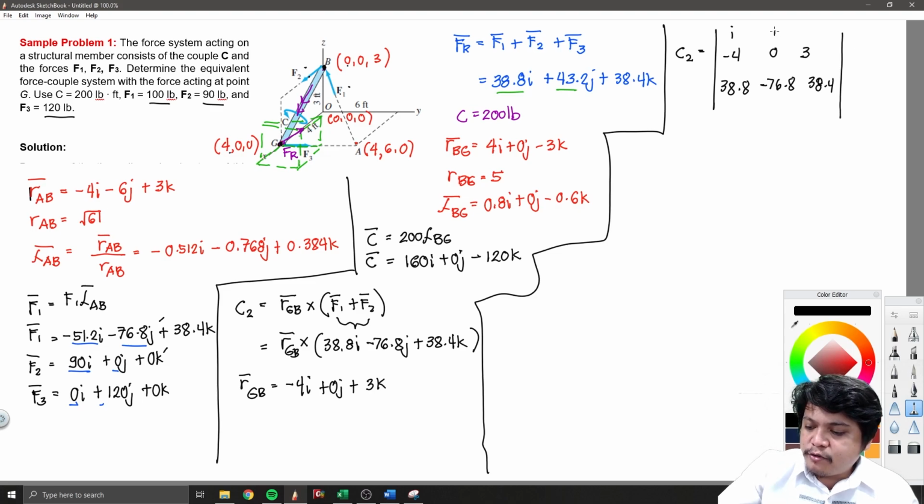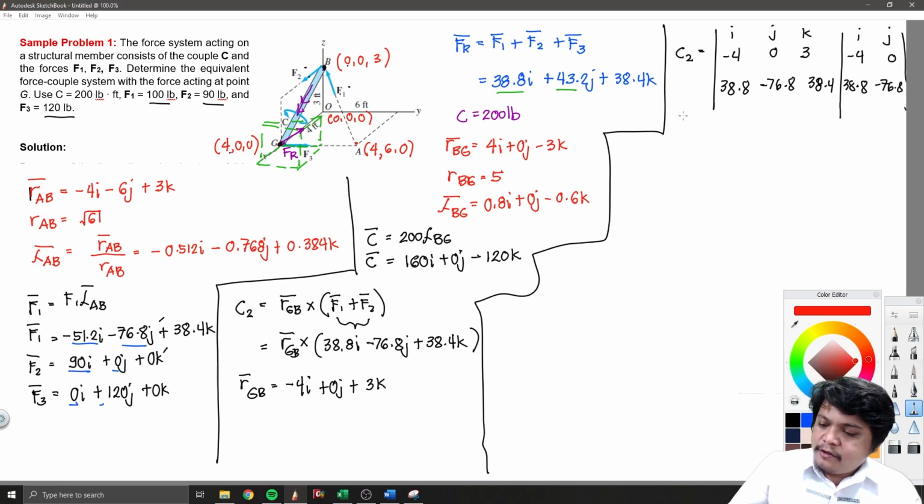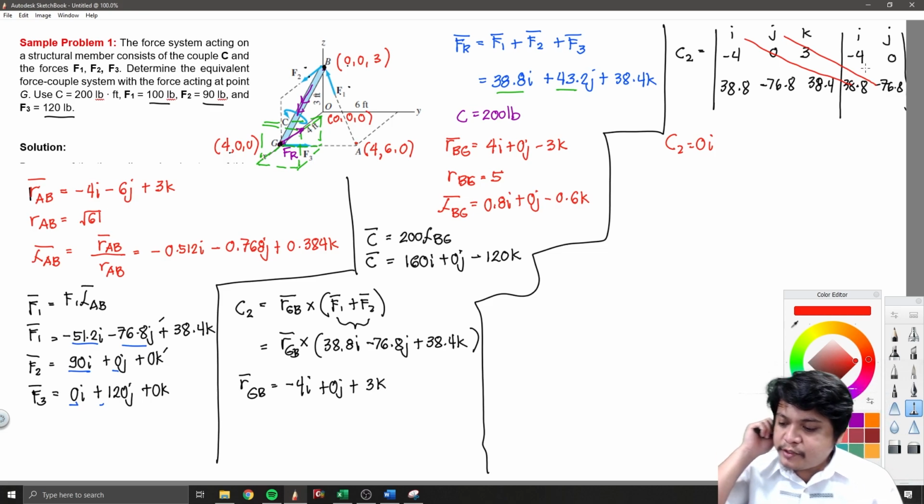Okay? So, J, and then K. You have here I, and then the J. Negative 40, 38.8, negative 76.8. Okay? So, we will be having here C2. So, pag ganon, 0i. Okay? And then, you will be having here,